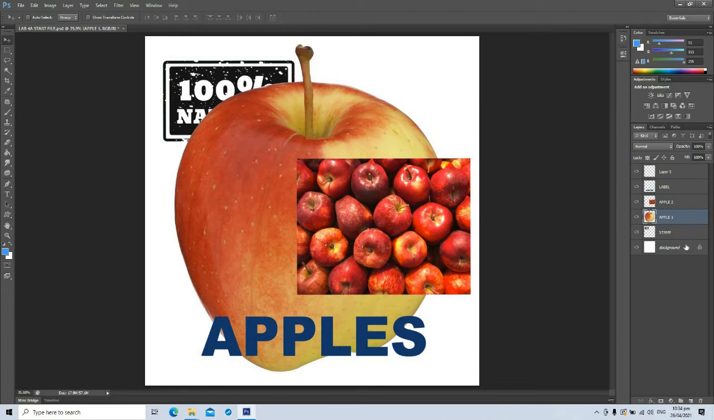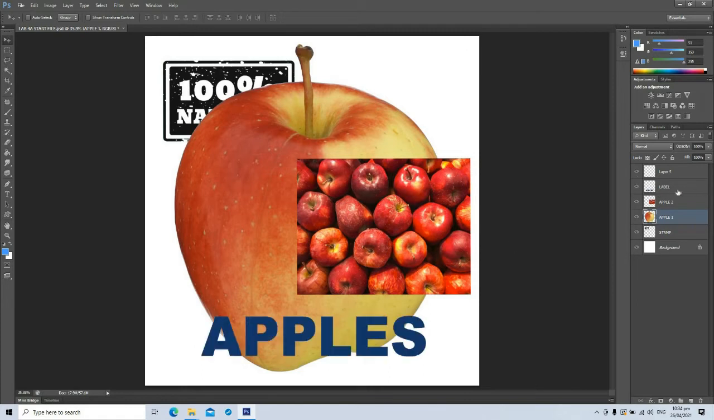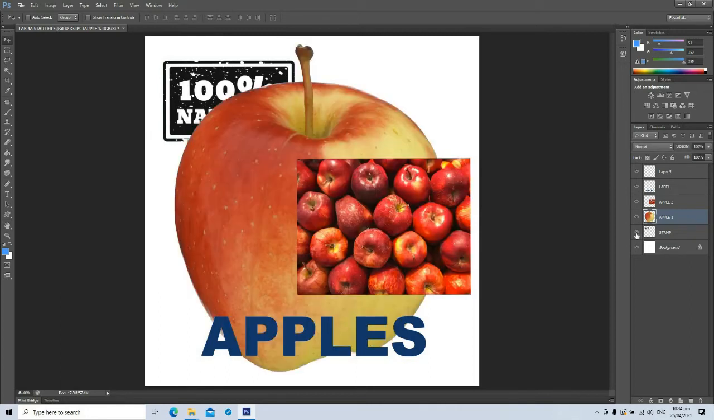Okay. So next is we're going to arrange the position of all the layers. So as what I mentioned, that the topmost layer is the most visible on the workspace. So in this case, the topmost layer is the Apple label or the label layer. So followed by the Apple 2, followed by Apple 1 and the stamp. Okay, what we're going to do is we're going to change the position of the stamp and make it on the topmost layer. So all you have to do is just click